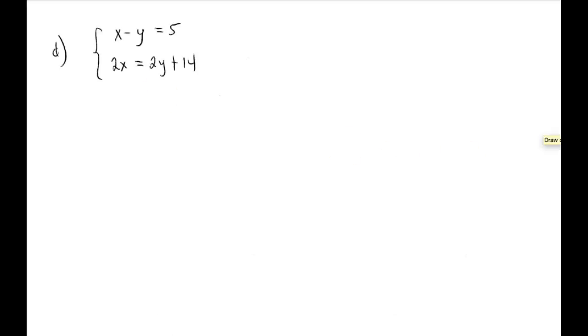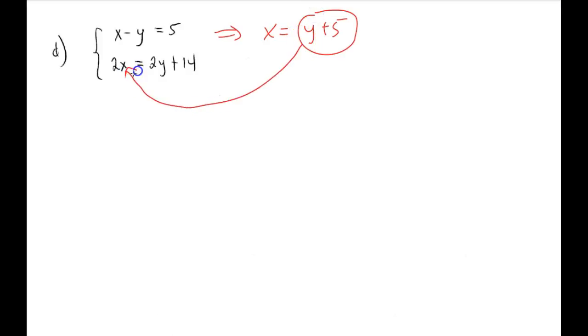In this example, we're still doing this via substitution. To start off, it's probably easier to write our first equation as x in terms of y. If we add y to both sides, we end up getting x is equal to y plus 5. And we'll just take the y plus 5 and substitute it in for x into our other equation that we haven't used. So if we do that,